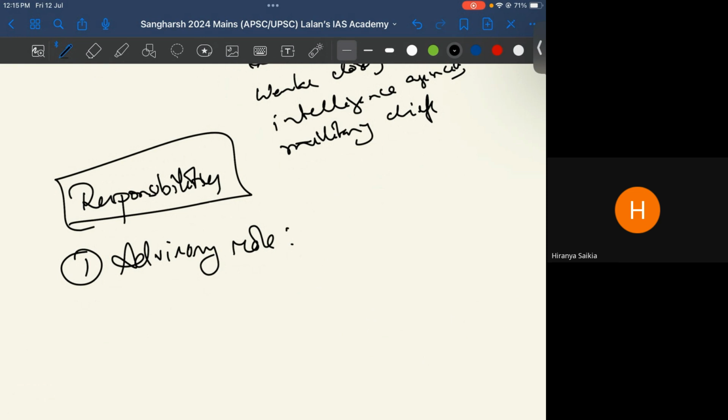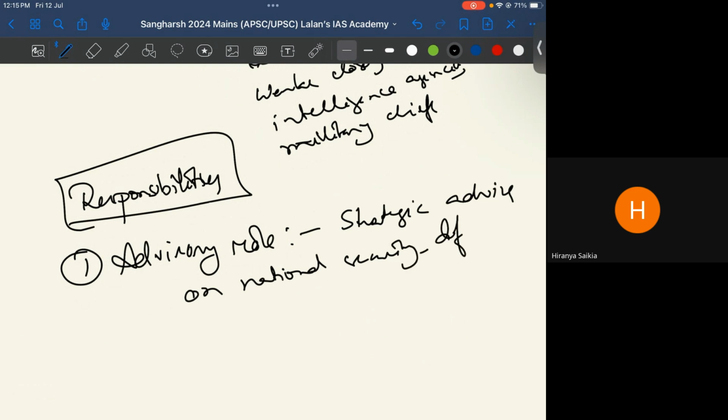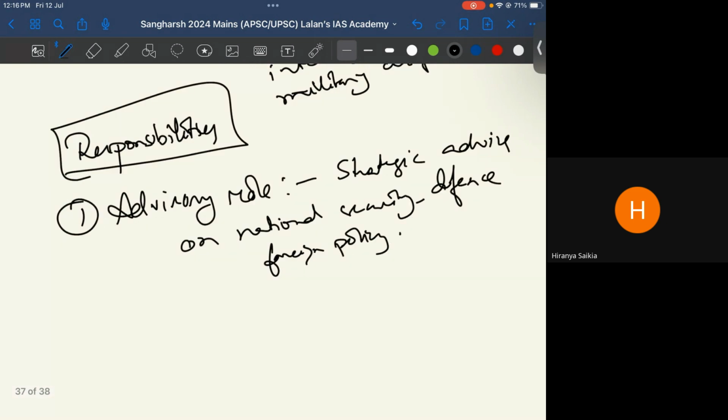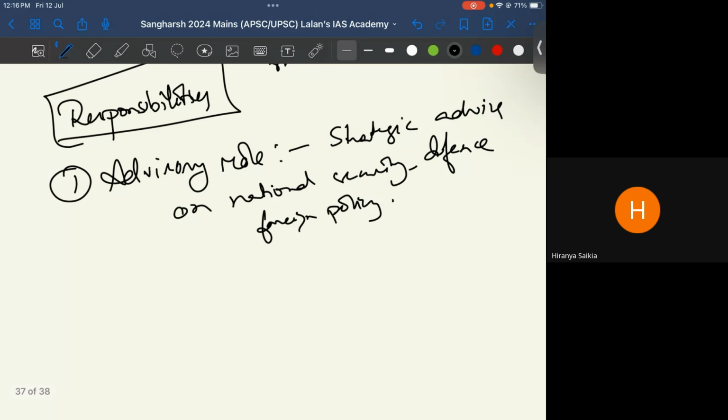So he provides strategic advice on national security, defense, foreign policy. আৰু মই কোৱেশ্চন এইবুলি এন্টিচিপেট কৰি আছো, ইদাৰ নেশ্যনেল চিকিউৰিটি ষ্ট্ৰেটেজিৰ ওপৰত কোৱেশ্চন আহিব পাৰে বা NSA ৰ ওপৰত ডাইৰেক্টলি আহিব পাৰে বা নেশ্যনেল চিকিউৰিটি কাউন্সিলৰ ওপৰত আহিব পাৰে। সো এইবিলাক কথাই আহিব।